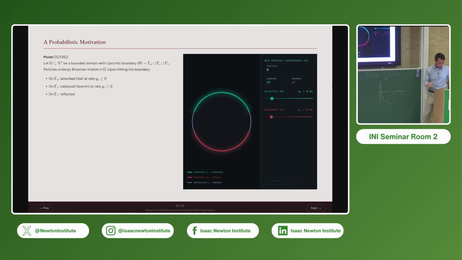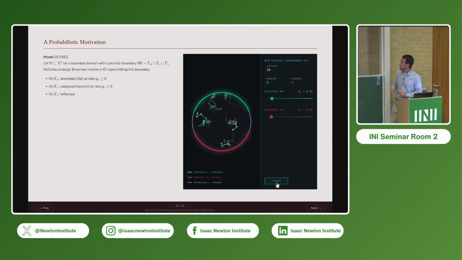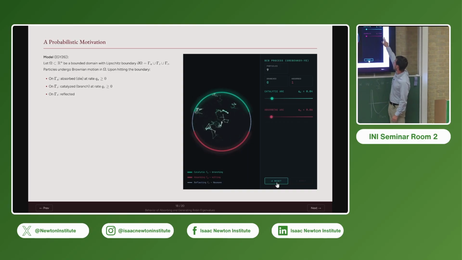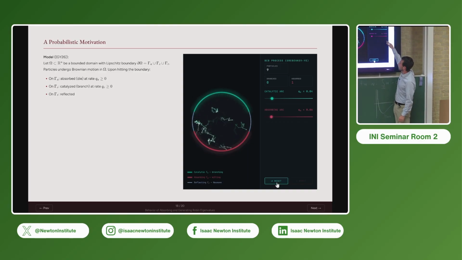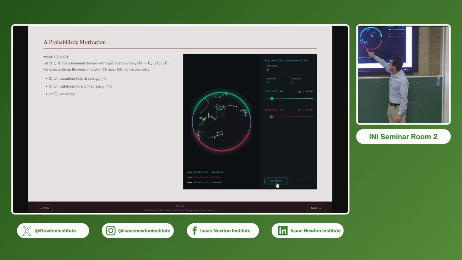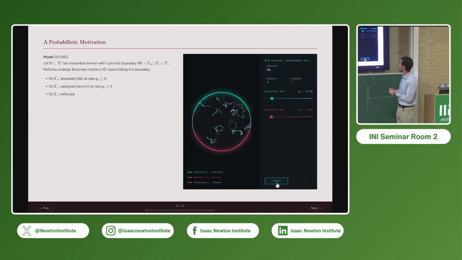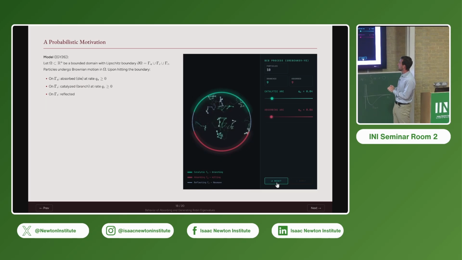So here we can take a look at this simulation. We start with 10 particles. I've chosen QC to be 0.04. So QC is related to the rate at which we create particles. And the catalytic part is just this arc that's marked in green right here. This red arc is the absorbing part, and here we absorb particles at a rate 0.06. Well, actually 0.06 is not exactly the rate, but there's a one-to-one correspondence between QA and the probability at which we absorb particles. And here you can see the